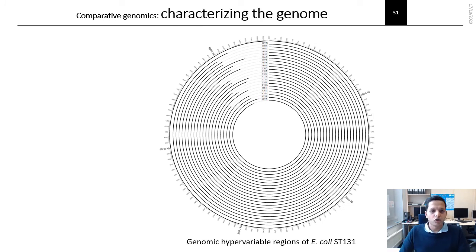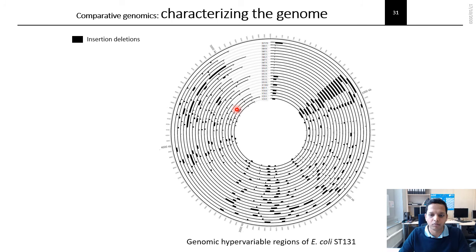Not only this, comparative genomics can be used to characterize genomes, and here I would like to give an example of E. coli. You can see these are different E. coli and their chromosomes, and these circles represent the chromosome of each isolate, starting from 0 to 500 kilobases, and they differ in their size. Now, why is this difference present, and what genetic elements are new or got deleted from these genomes? By using comparative genomic analysis, we can identify this.